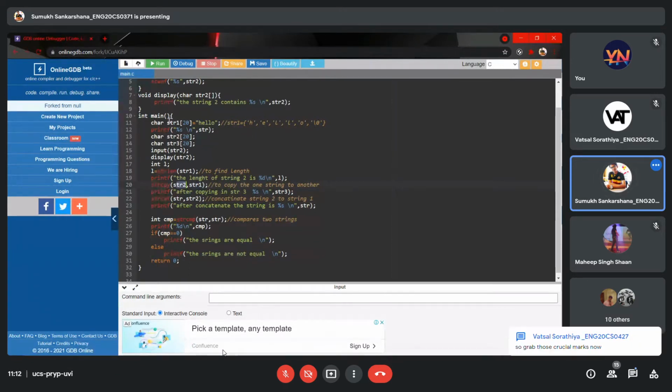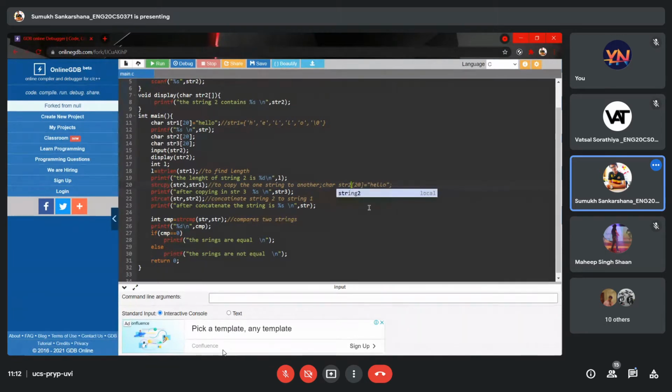Since str1 is hello, after using string copy, it will be copied to str2. So the value of str2 will now be the same as str1. Now str2 will be equal to str1.